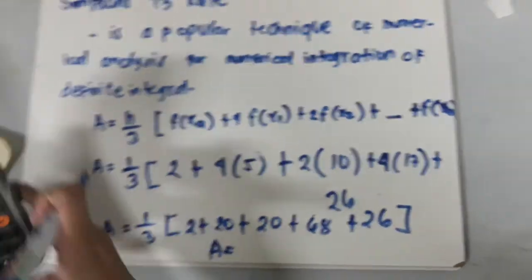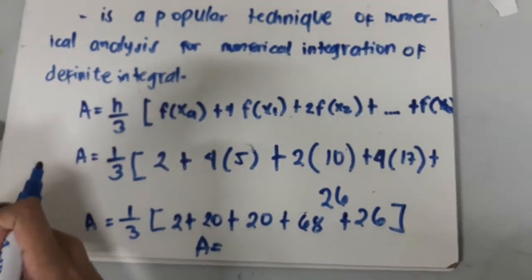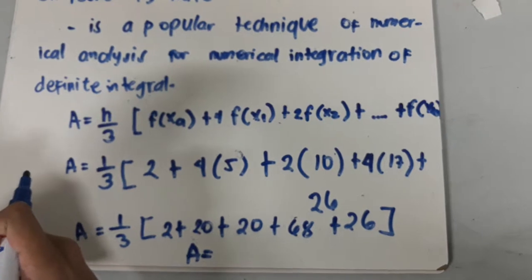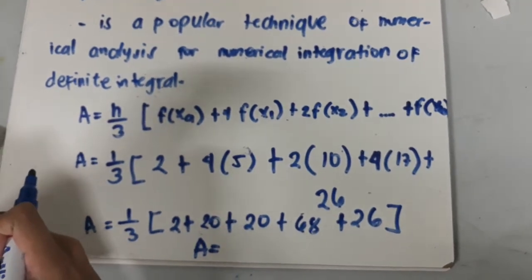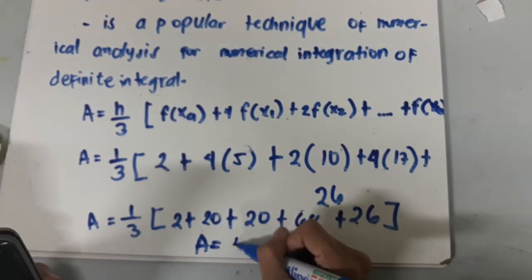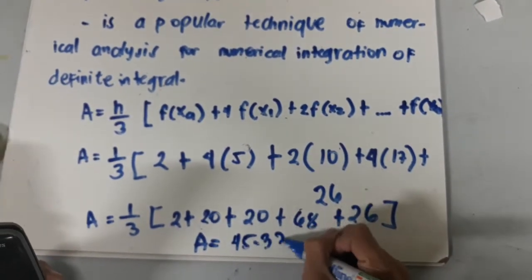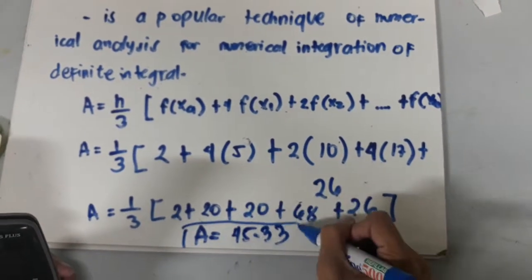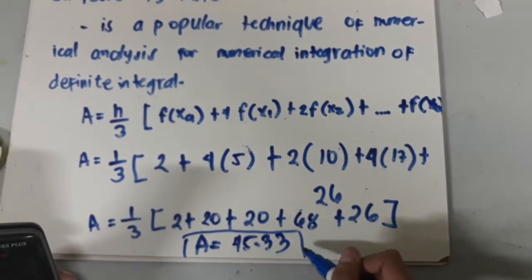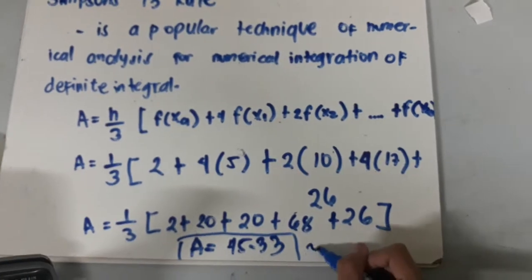So let's compute the value for our A. So 1/3 times 2 plus 20 plus 20 plus 68 plus 26 is equal to 45.33. So this is the answer for our area using Simpson's 1/3 rule. So as we can see, the value that we get here is approximately